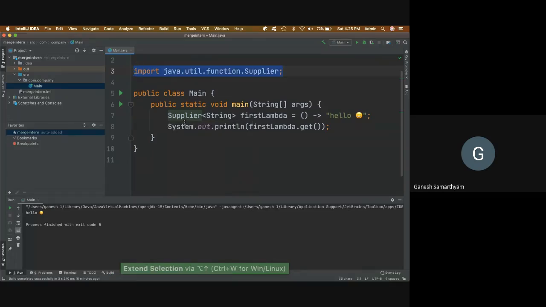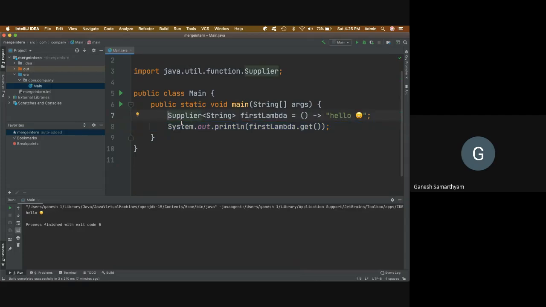So point wherever you are, and you'll be able to select incrementally, whichever the parts that I am focusing on, right? And if you want to shrink the selection, I can do the same thing again, and I'll be able to shrink the selection, right? So this is also another productivity tip. So you'll be able to do things faster this way, right?